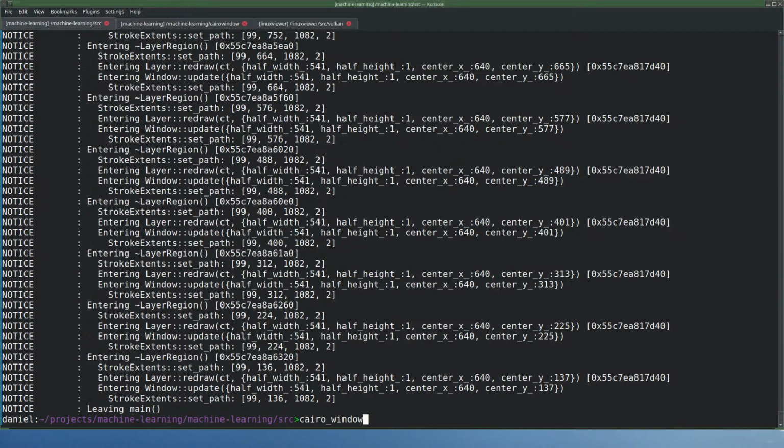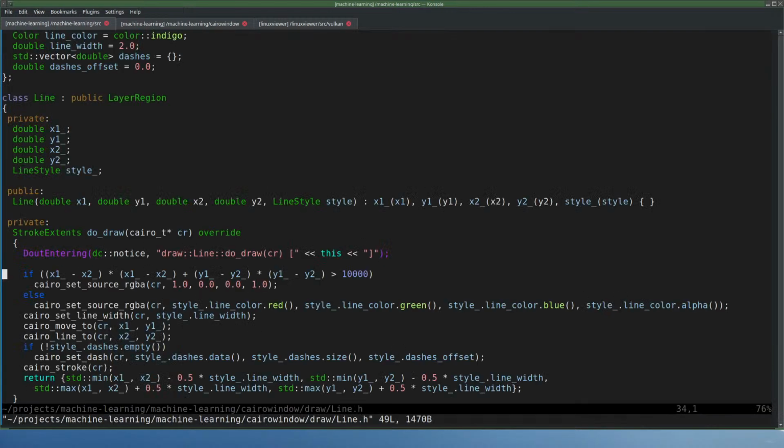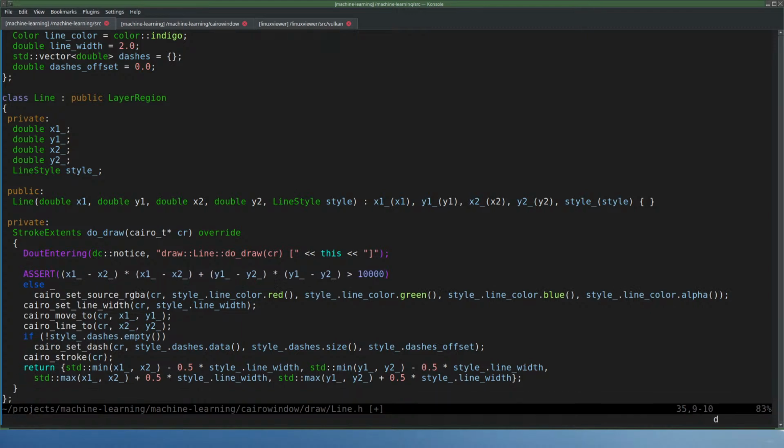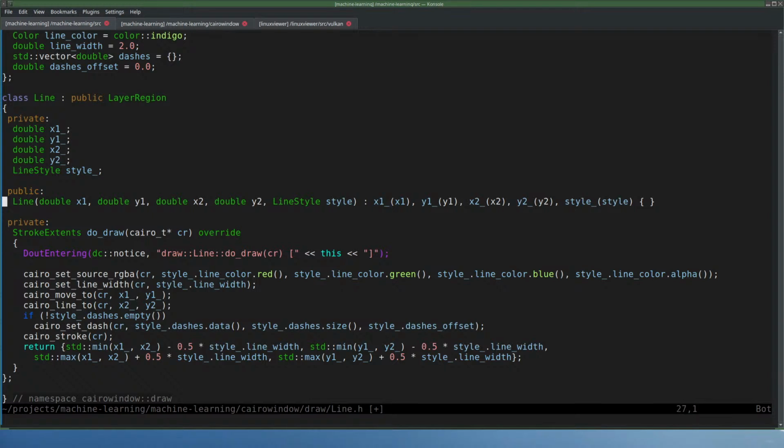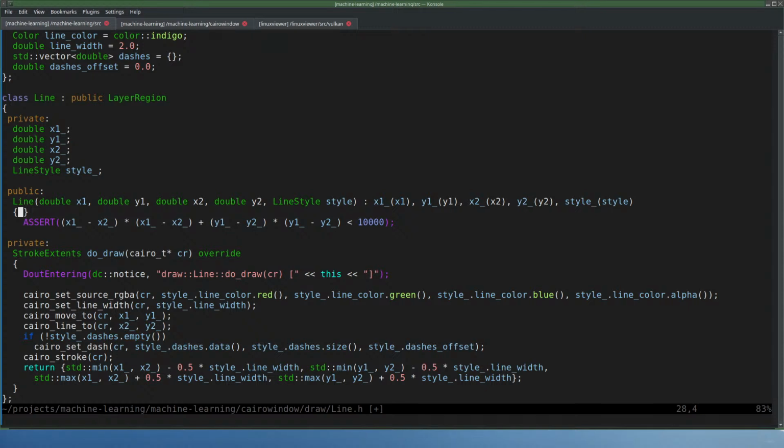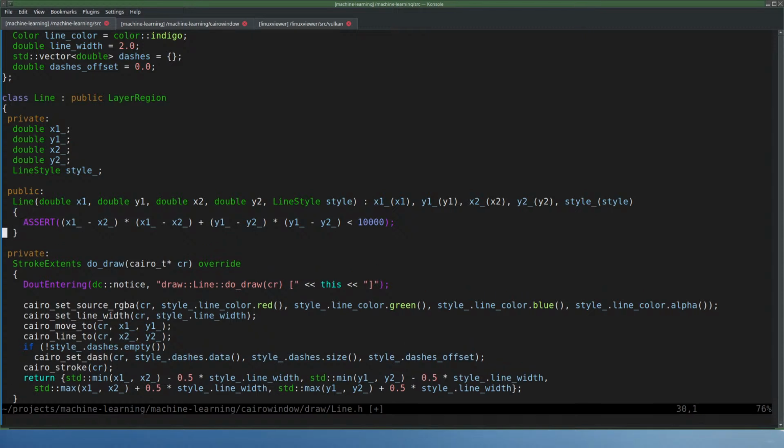So it goes wrong the moment the line is being constructed, where this is the case. So this should not be true. I can add an assert stating that this should not be true. Okay, it must be less than that. Less than or equal. And now we're not interested anymore in... oh, actually I am. No, I am not. I'm interested in when that happens, which is during construction. So if a line is constructed where the length of the line, oh, now we're going to assert for the bloody